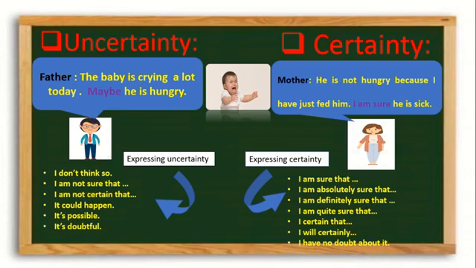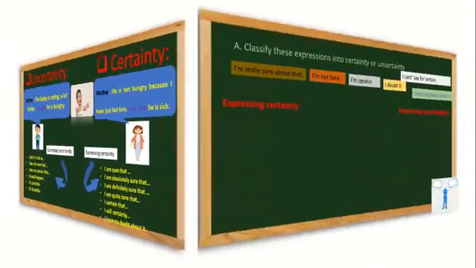We can also ask another question. Do you think your father will buy the house? Yes, he will. I am sure of that. Yes, definitely. I am absolutely sure that my father will buy the house. I am quite sure that my father will buy the house, and so on. So I hope that you get an idea about the first slide. Now let's move to practice.